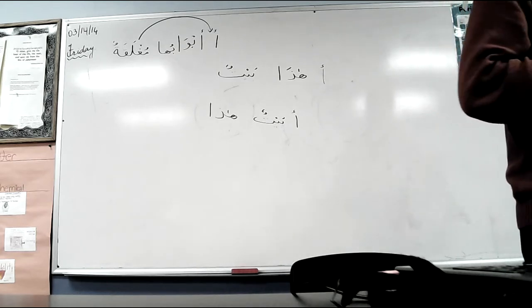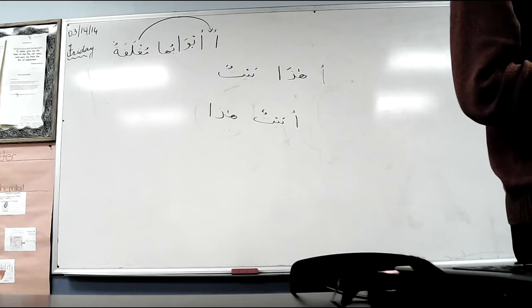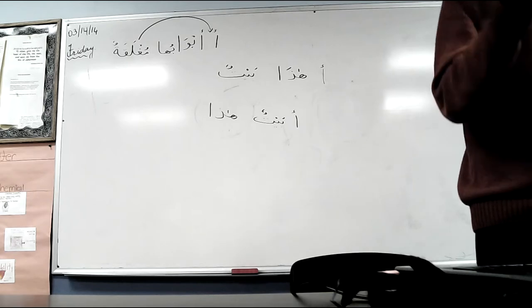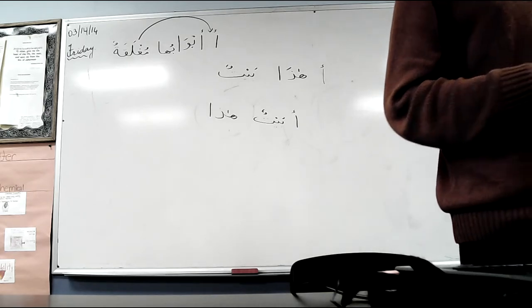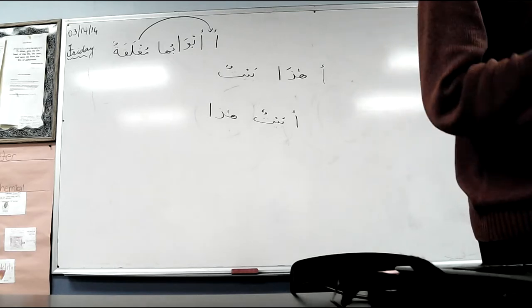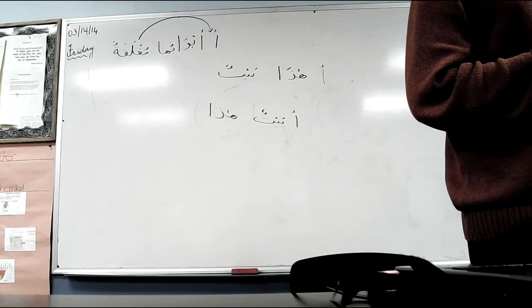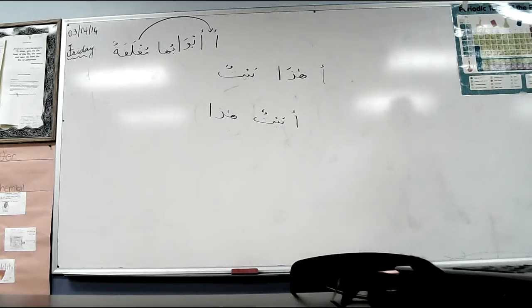Okay, so what did the passage say? Are the doors open or closed? They're open, right? So how do you say that its doors are open now? الآن أبوابها مفتوحة الآن. Okay, everybody get that? I write here مطلقة. Well, that's the wrong answer. هي مفتوحة. You can say هي. Yeah. هي مفتوحة. They are open.